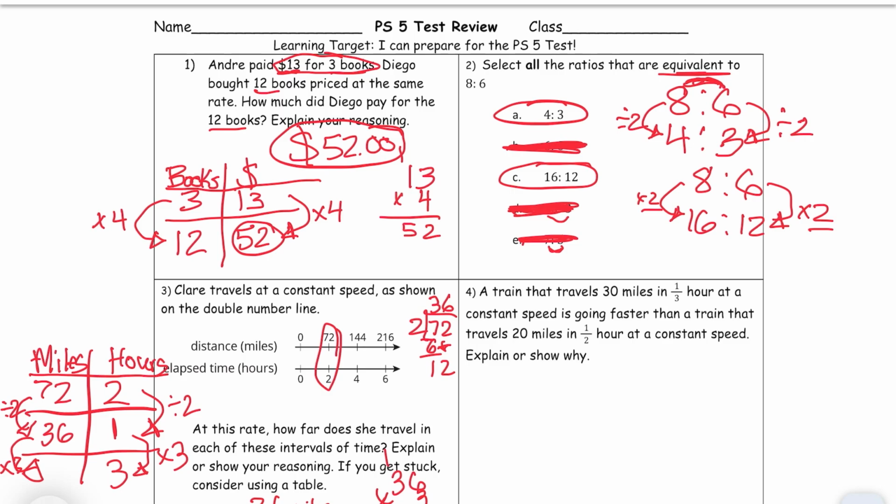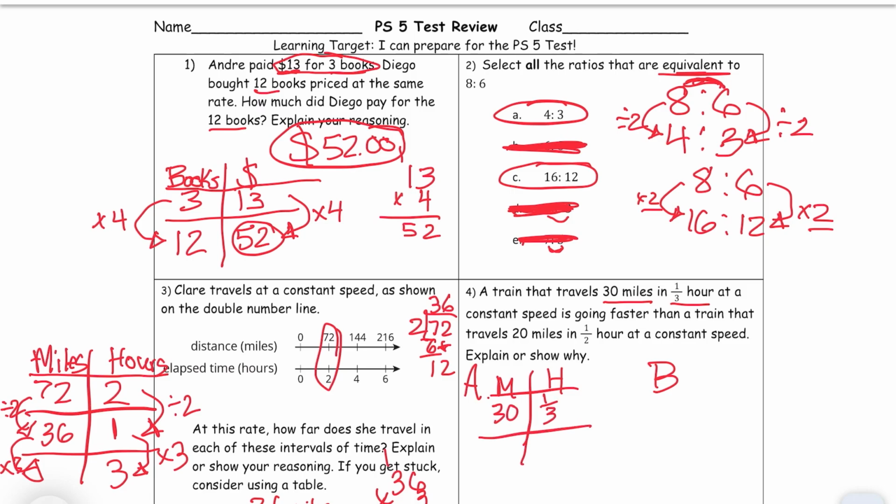Question 4. A train that travels 30 miles in 1/3 of an hour at a constant speed is going faster than a train that travels 20 miles in half an hour at a constant speed. Explain or show why. So let's say I'm going to label this train A and train B. So if I have train A and I have miles and hours, let's say it's going 30 miles in 1/3